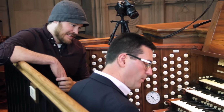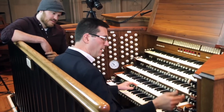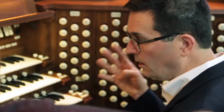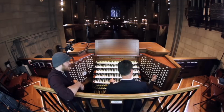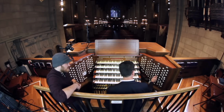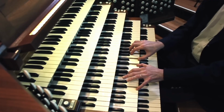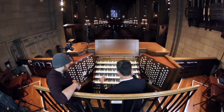So I pull out that stop, I add another stop, and I get an octave higher. I pull another stop, I get another octave. Another stop, another octave. So I'm only playing one note, but I'm actually hearing four notes, because I have four different stops activated. I always assumed when I heard a sound like that coming from a pipe organ that someone's going, like this. Well, that's part of the magic of a pipe organ: when you play a chord, you're not just getting those three notes, you're getting 3 times 4. So it just keeps getting exponentially bigger. And when you have all the stops...